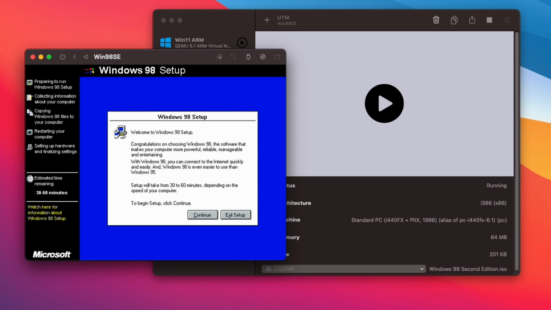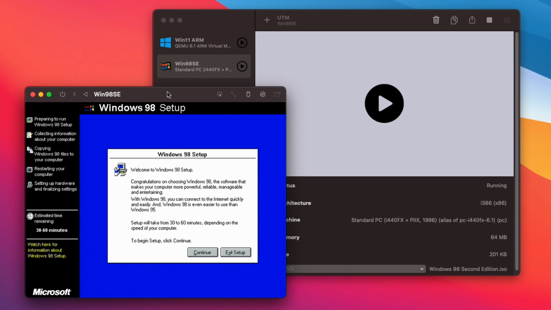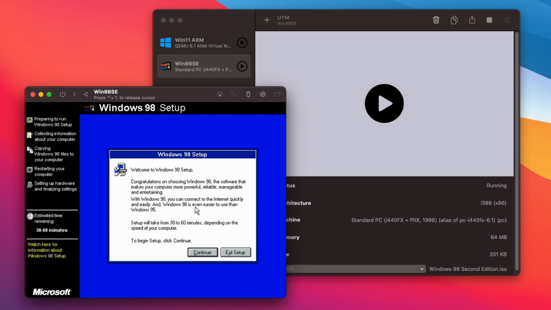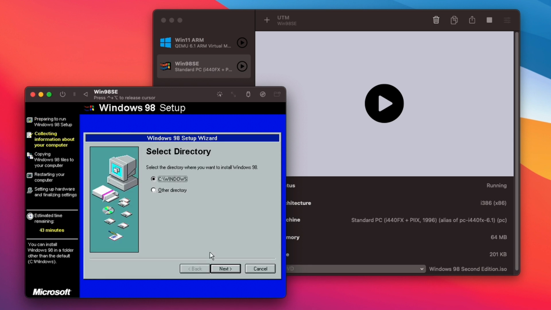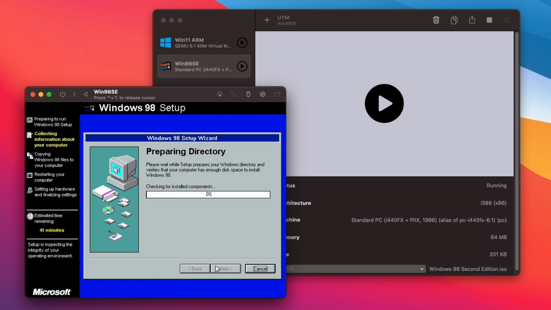In case you have issues with the mouse pointer, click the mouse pointer icon in the top bar of the UTM VM. This will allow you to better control the mouse in the VM. You can press Ctrl and Alt to release the mouse back to macOS if you need to. Click on Continue in the welcome screen and choose the default installation location as destination. The installer checks if there is enough space and if there is something else on the disk.